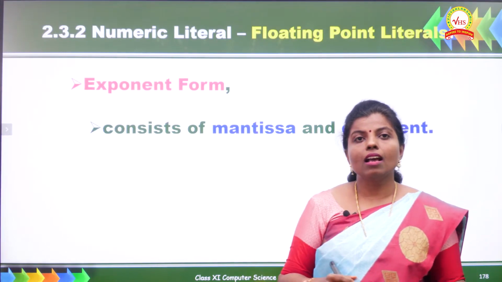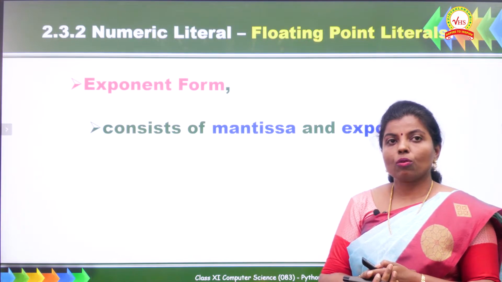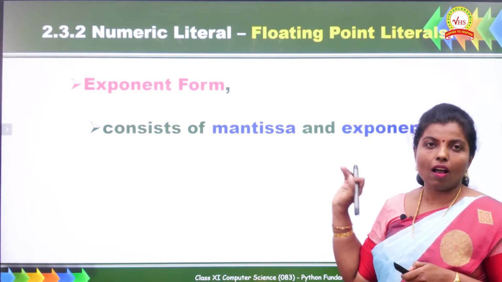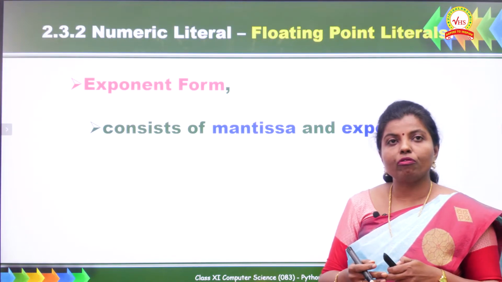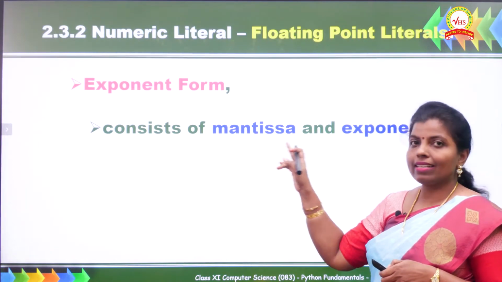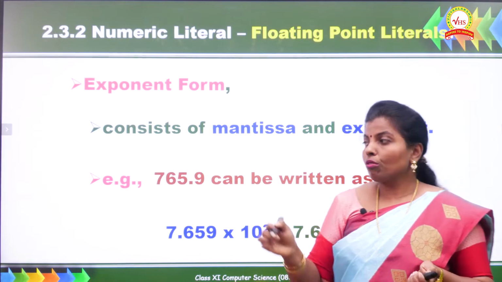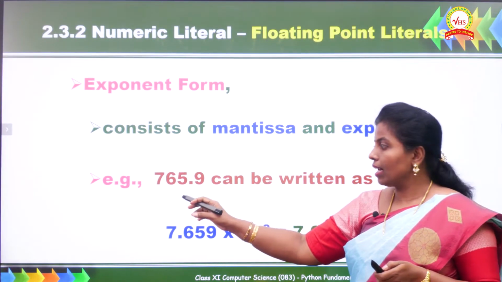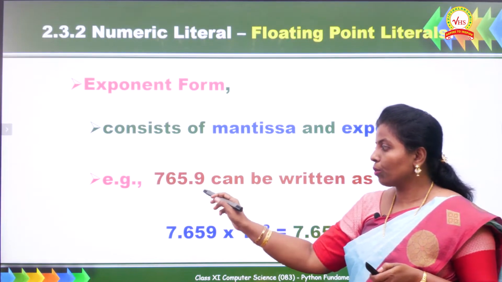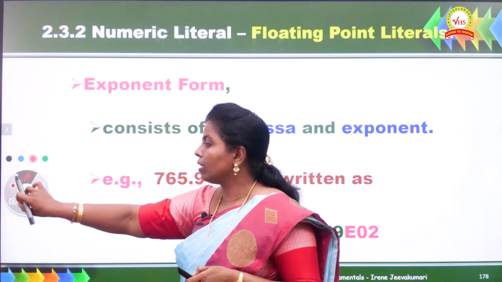Now, let us see how this will be written in an exponent form. When we write it in an exponent form, it consists of mantissa and exponent. The floating point literal in exponent form consists of mantissa and exponent. Let us see what is mantissa. So, suppose this is a number 765.9. This number can be written as, according to the rule, I have to move the decimal point after the